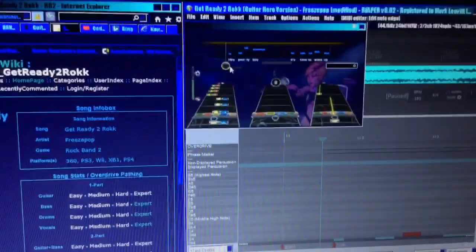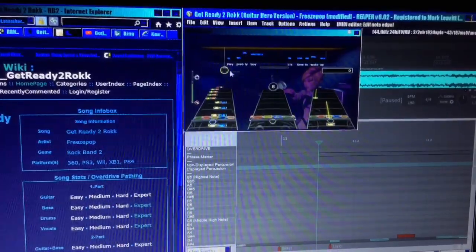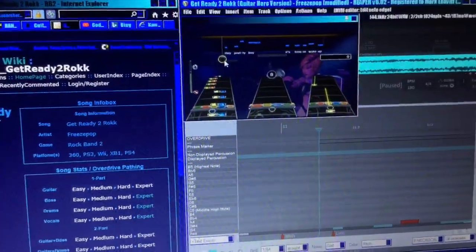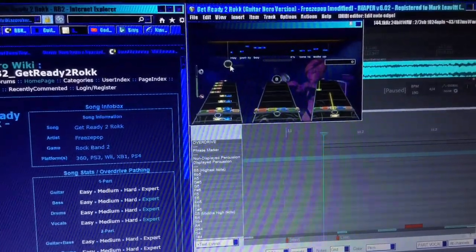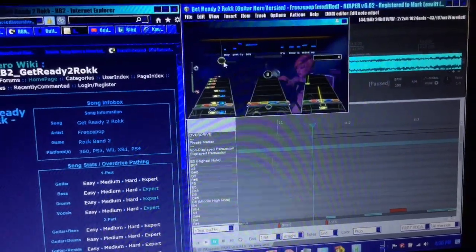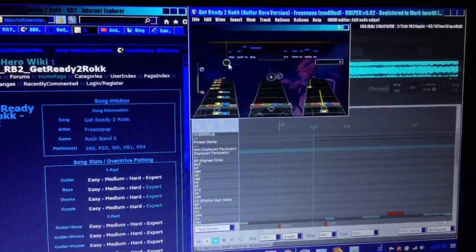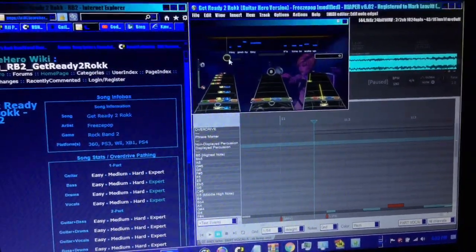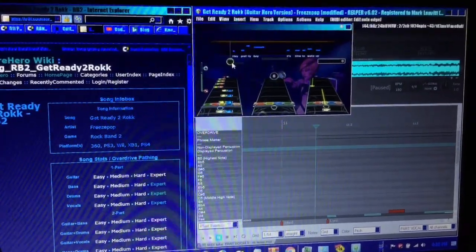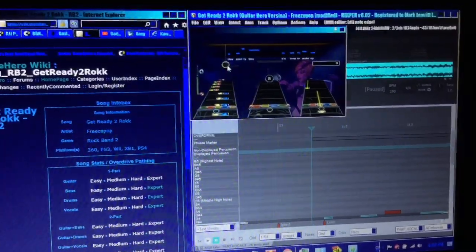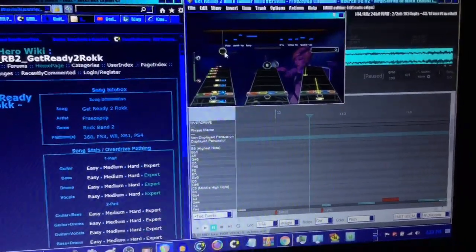So you can see here that this little circle right here is your streak meter. That little circle just below the line will measure how well you're singing. Whenever you sing a vocal note correctly, it'll start to fill up, and then if you fill the circle all the way, then you